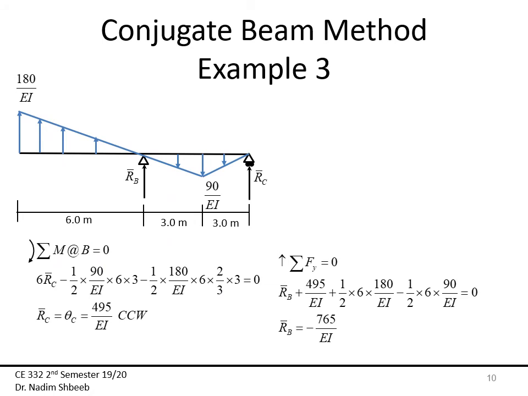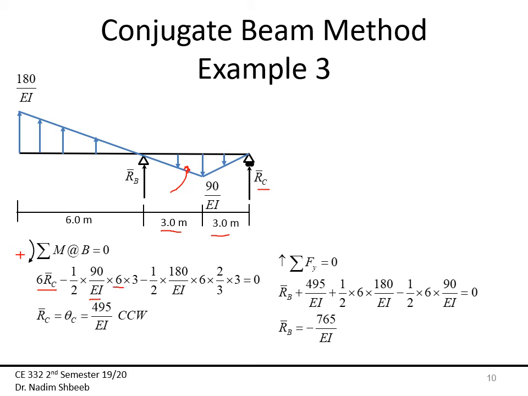Now, let's find the theta C first of all. So for that, I'm going to take the summation of moment about B equal to 0, and I'm going to have this as my positive direction. Then 6, which is these 3 plus 3 RC, minus this triangle over here, which is 1/2 times 1/2 times